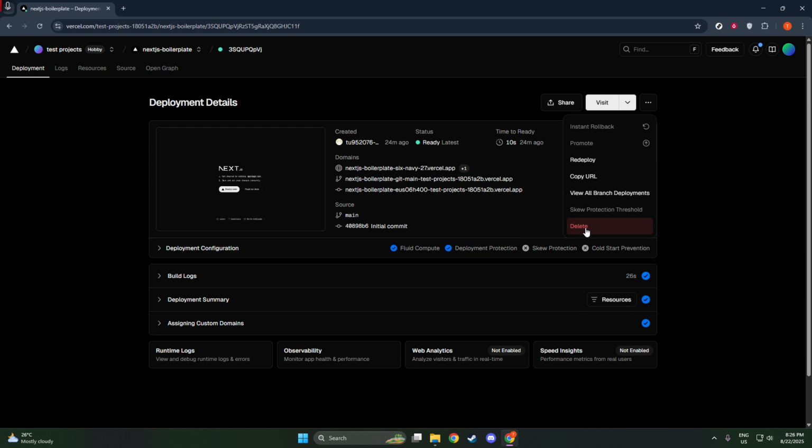After selecting the target deployment, click on it to focus in on that specific version. This action essentially opens a detailed view of that deployment. Here, you can see more information about how and when it was deployed, offering a last opportunity to ensure you've selected the proper file. When you're sure that this is the deployment you want to delete, look for the More